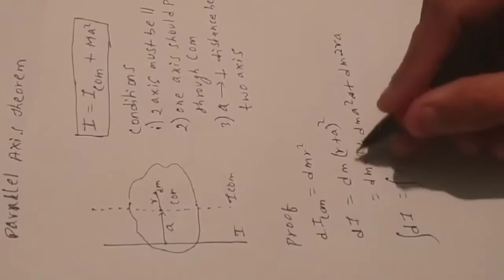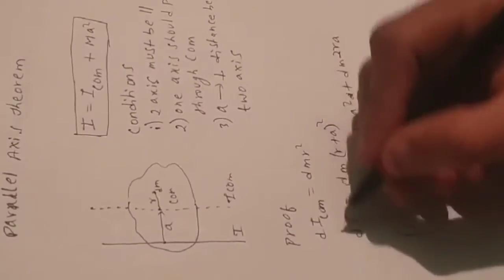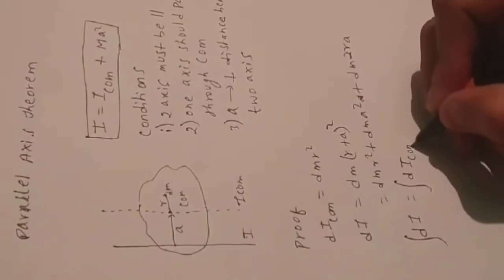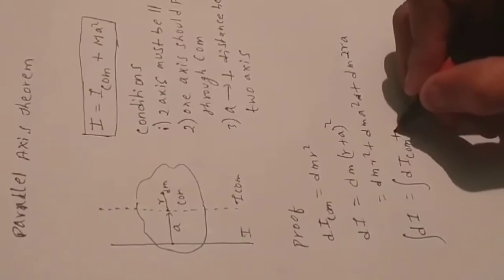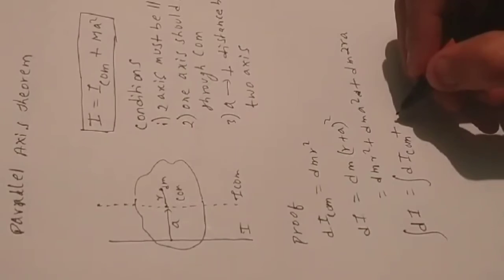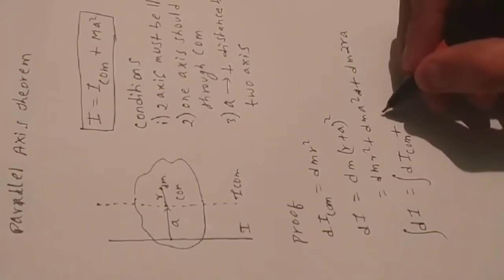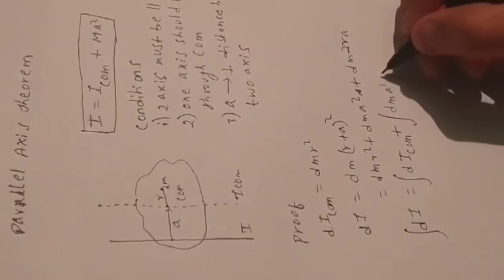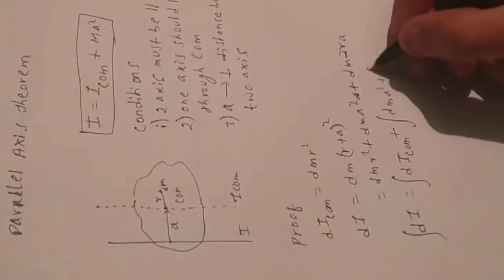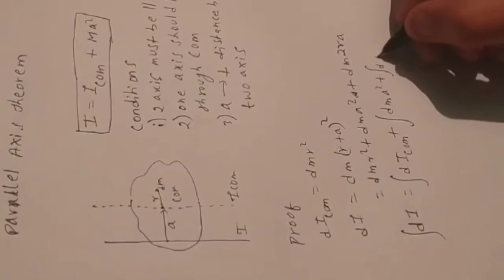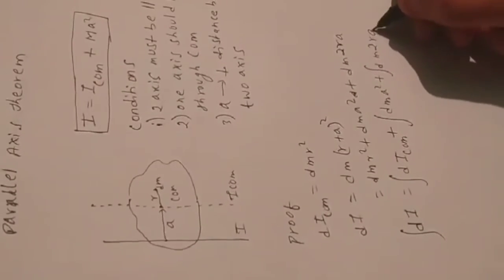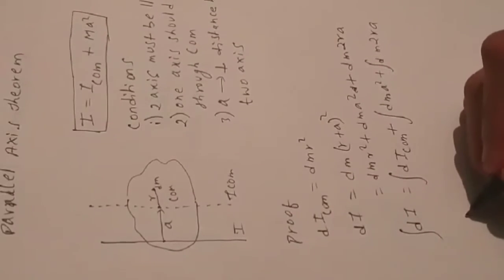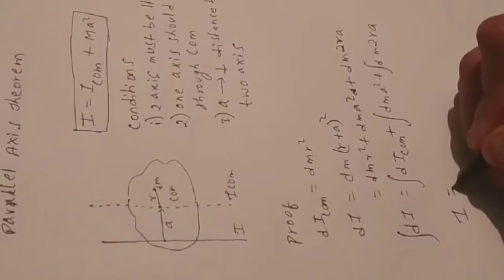So we can write dICOM here, plus dm a square, let's copy this here, plus dm 2ar. By integrating dI we get I equals